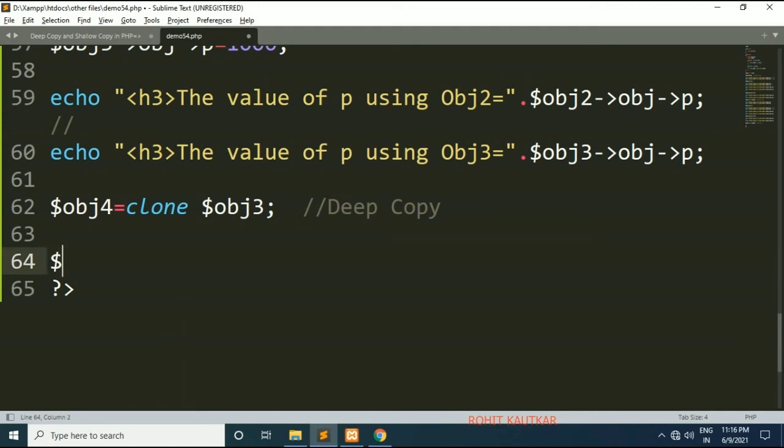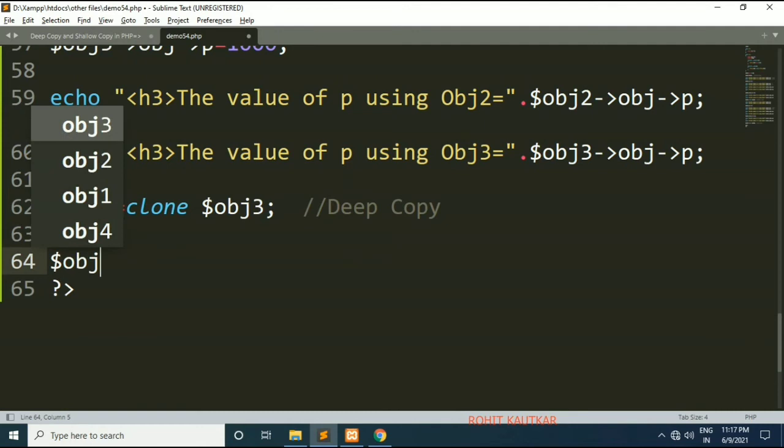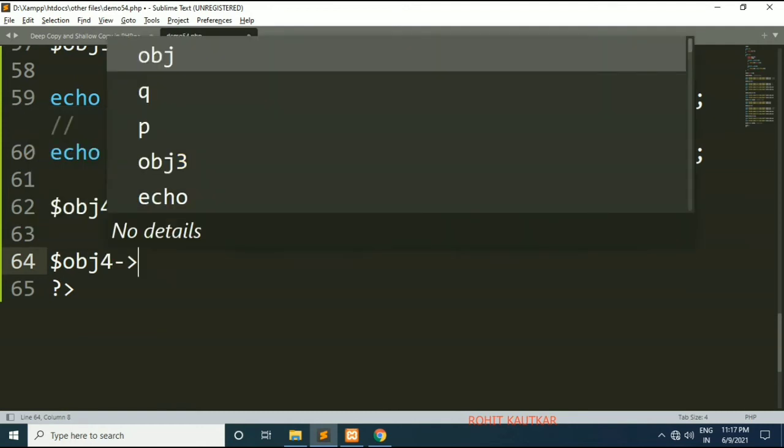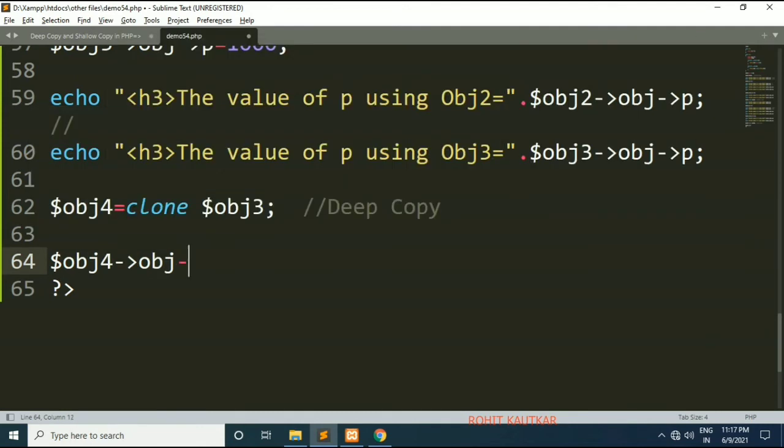Now I will show you. If I modify the value of p using object 4, it will remain for object 4 only. It will not get reflected within object 3. So here I will write object 4 p is equal to, I will make a new value, let's say 5000. Now I will print the value of p.